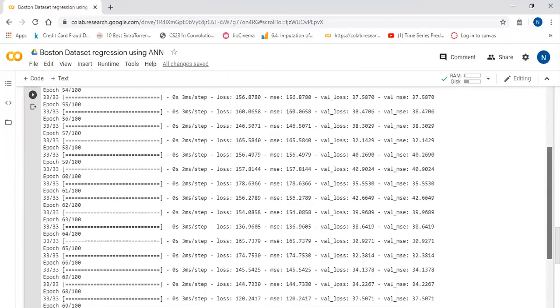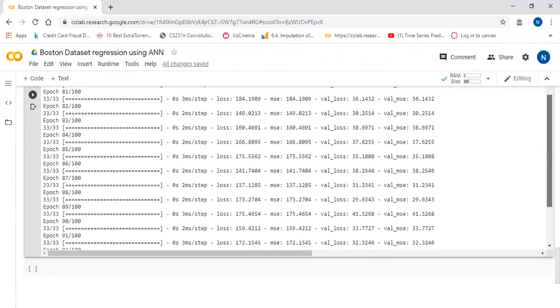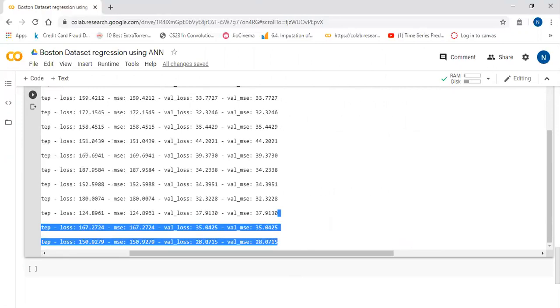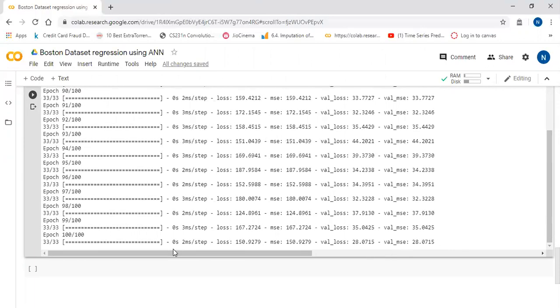Our model is improving. The model is learning something. What the model is learning means we are calculating new weights and biases over there. So that's why the model is improving. Now you can see validation loss is 28.0. You can again set the epochs to 200 and train the model again.